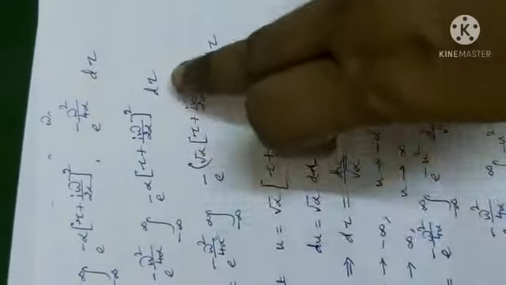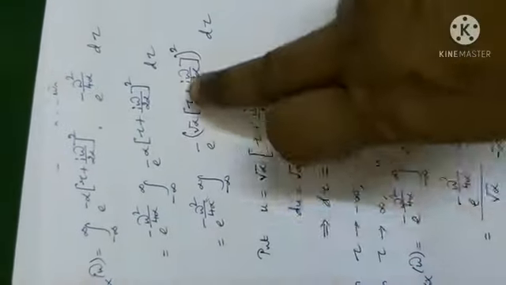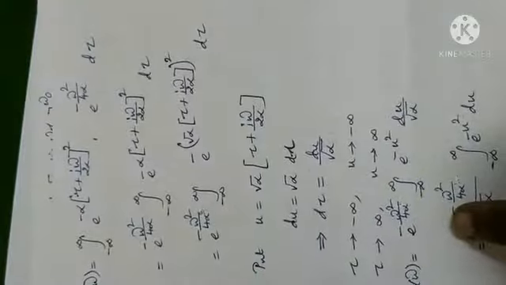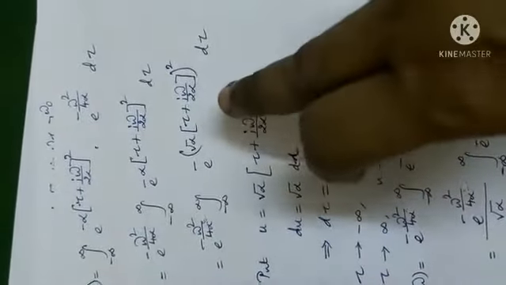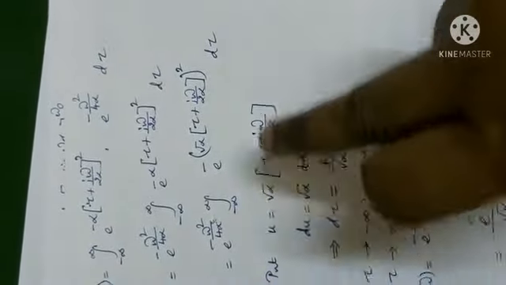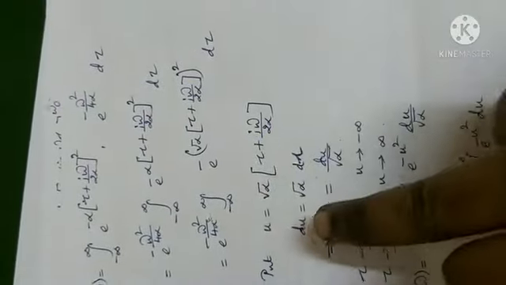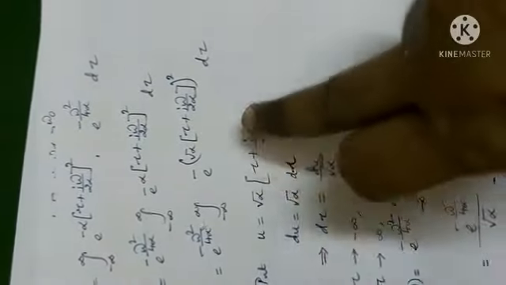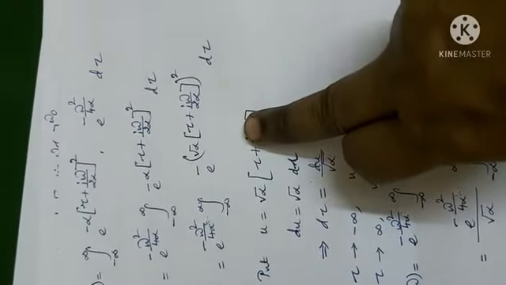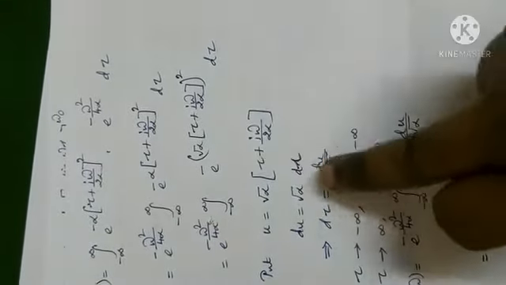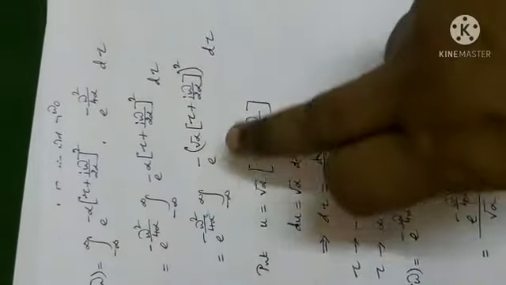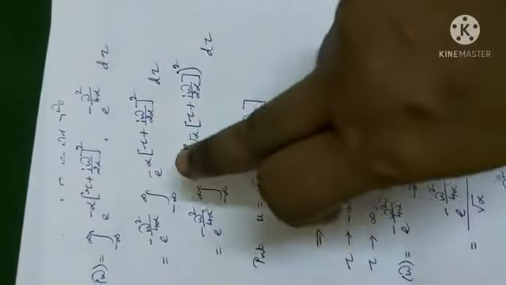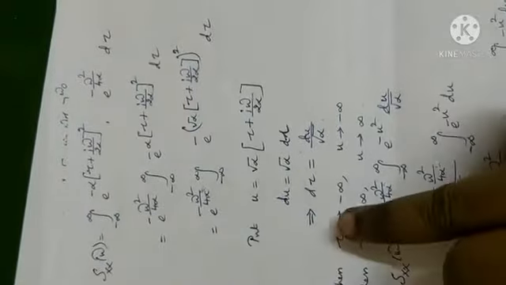The entire term can be substituted as u. Put u equal to this one. So we are changing the variable tau to u. When u is this one, du becomes root alpha constant, d tau, and this becomes 0. So we need d tau equals du by root alpha. Let us see any changes in the limits.